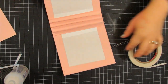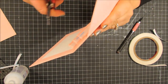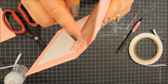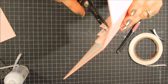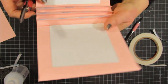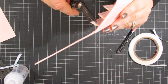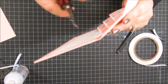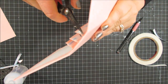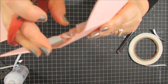Now we're going to leave that, but we're going to miter these corners. You don't have to do this, but it's easier to put your pages on. All I'm doing is snipping. I line the tip of my scissors up with the corner and just snip it. And I do that to each side. The reason I put the tape on first is so that I'm sure the tape goes all the way to the end very nicely. So I'm snipping that, snipping,